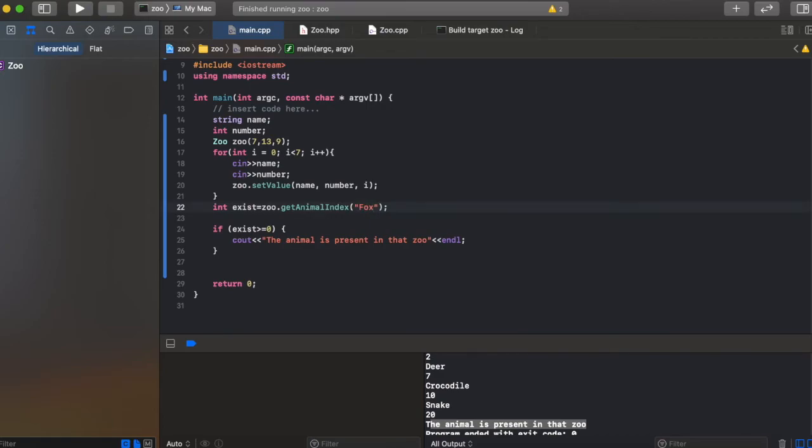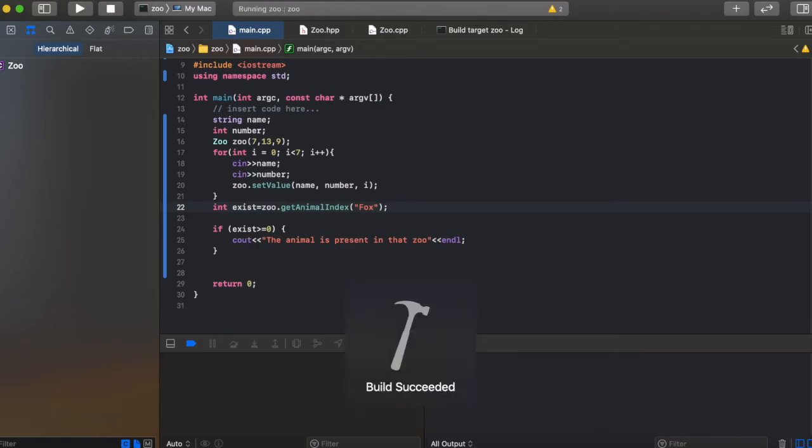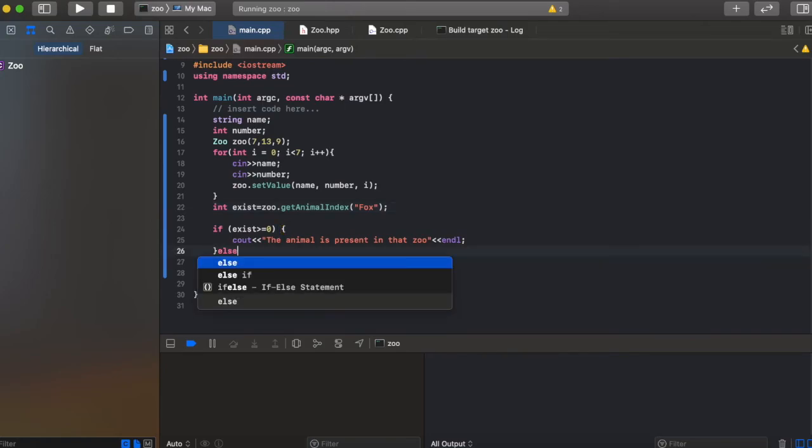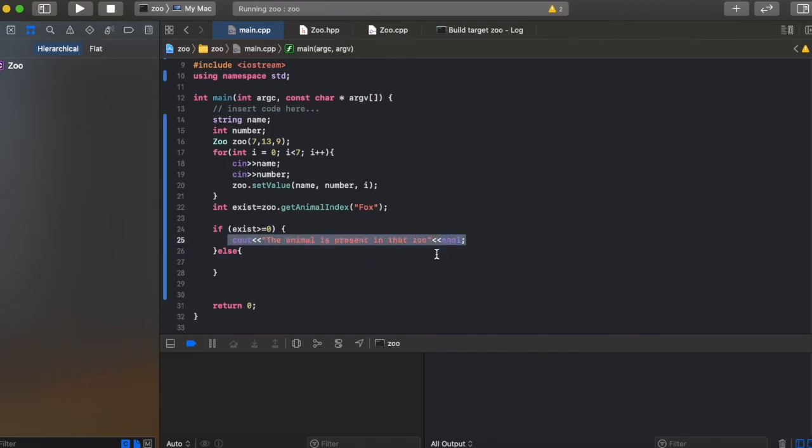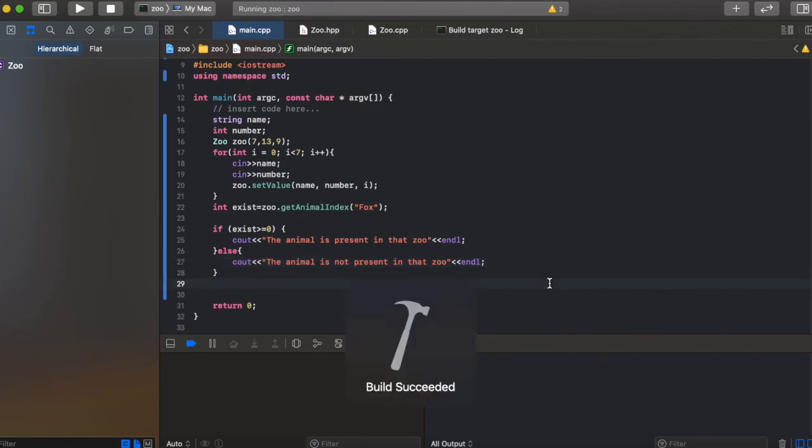Okay, if I now build this code and run again, let me do something else. Let me print something if it is not present, otherwise you cannot see the change. That means the animal is not present. Okay, so now if I build and run,